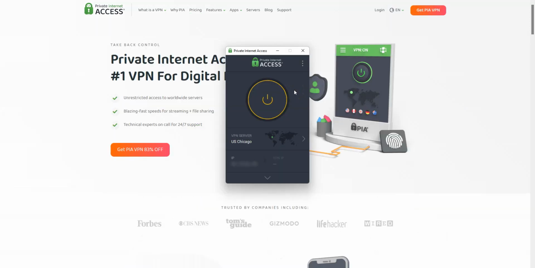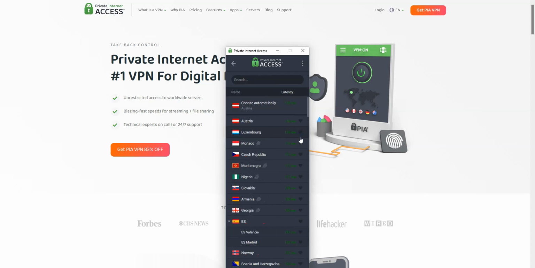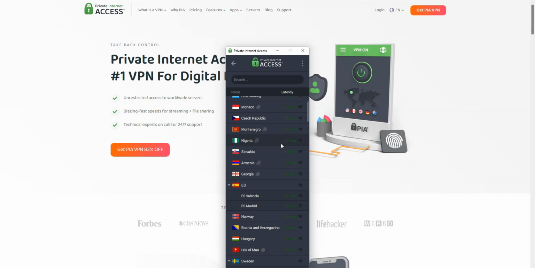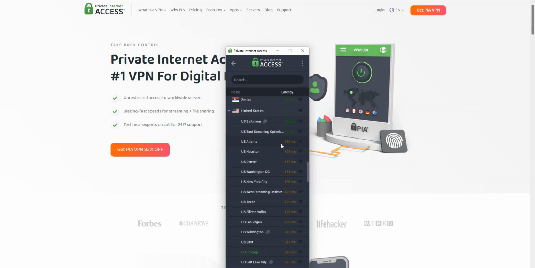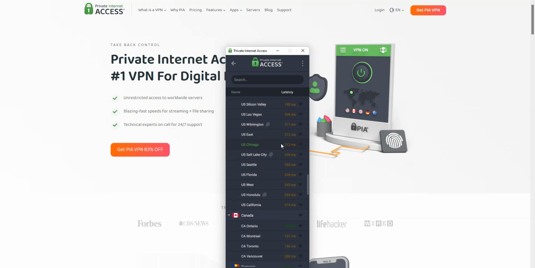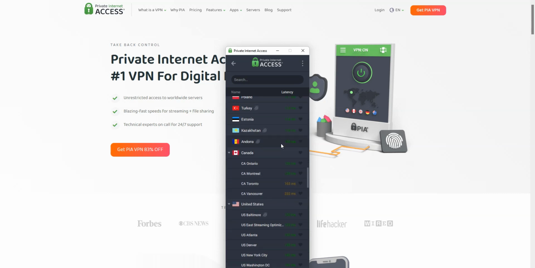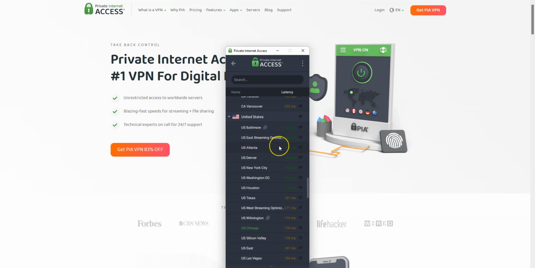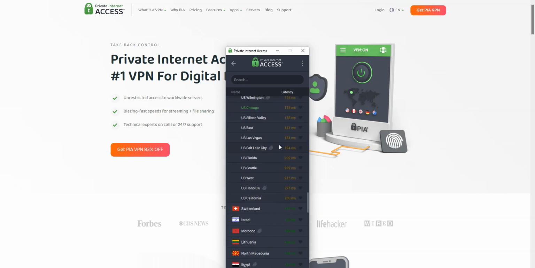Alright, let's get started. First, I will show you how to connect to a server. This is where you can choose a country you want to make it look like you're in. PIA will then establish a connection to the fastest server available in this specific location. They have servers in the US of course, but also in the UK, Canada, France, Germany, Spain, Ireland, Australia, New Zealand, Japan and so on. PIA has servers in 84 countries, ready to cater to your every need. What's more, for some countries, you can even choose to get an IP from a specific city. In the US, for example, you have New York, Denver, Houston, and so on available.